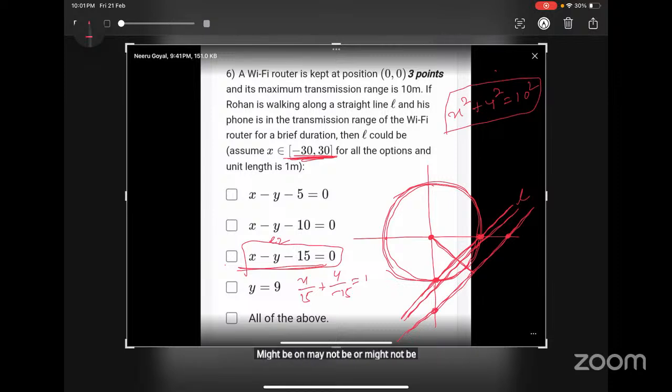I think it will not cut because the perpendicular distance is greater than 10. Okay, perpendicular distance is greater than 10 here, so it will not cut, right? Because the distance is greater than 10. Yes, that means it will not cut, so we can discard it because of this. Then if I take this line,